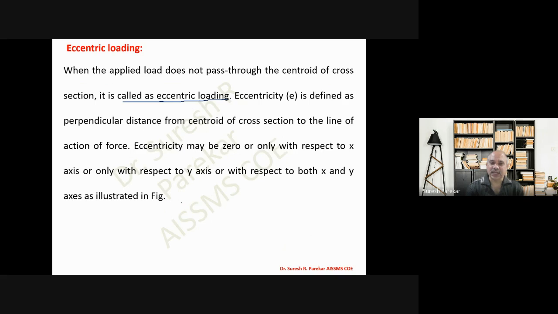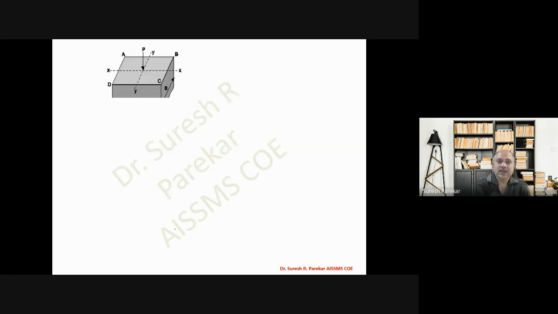So last figure we have seen, and in figures we will see in the coming slides. So now you can have this. So we have this as axial load. Then we can have eccentricity about x-axis, and we will get bending moment about x-axis. Now we have on this side load is towards A and B. So on A and B, bending stress will be compression, and on D and C, we have bending stress will be tension. So due to this, all over we have compression.